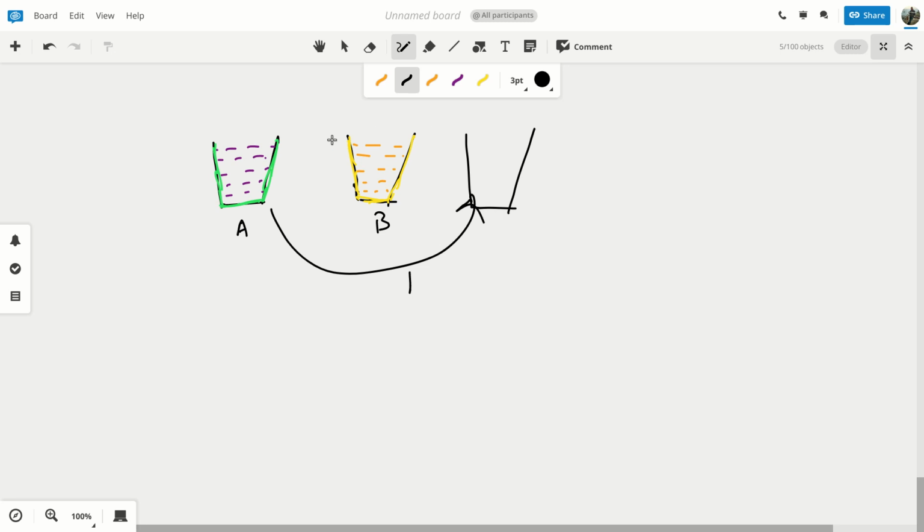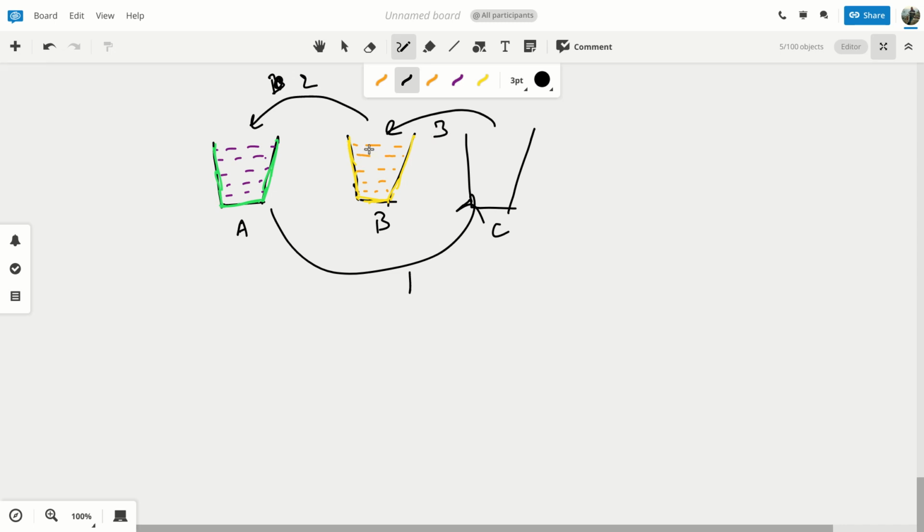Okay, fine. So let's come back to the logic. First, you will put the content of A in glass C, right? Then glass A will become empty because you have poured it in glass C. Now, second, you will pour the content of glass B in glass A, right? Then glass B will become empty. This is the second step, and then you pour back the content of glass C in glass B. This is the third step.